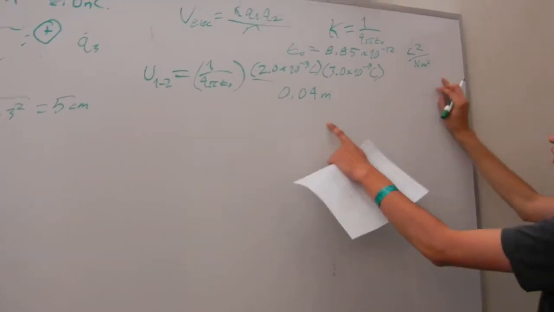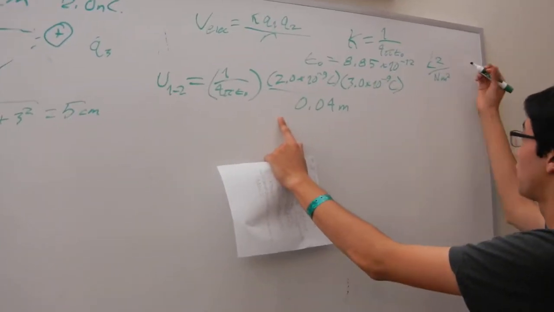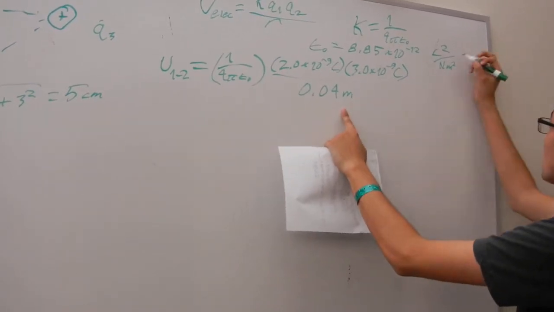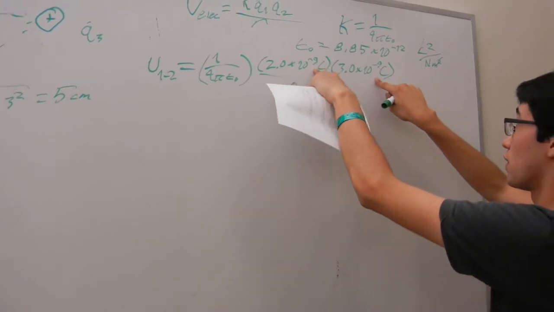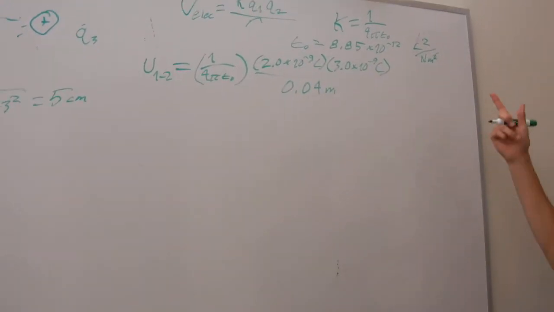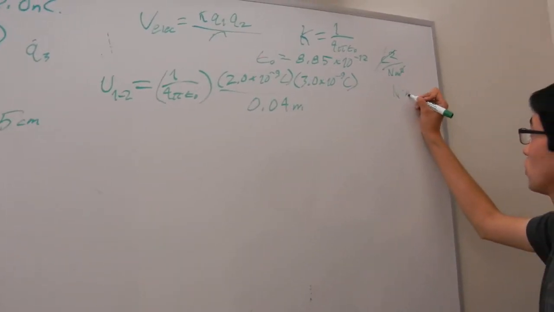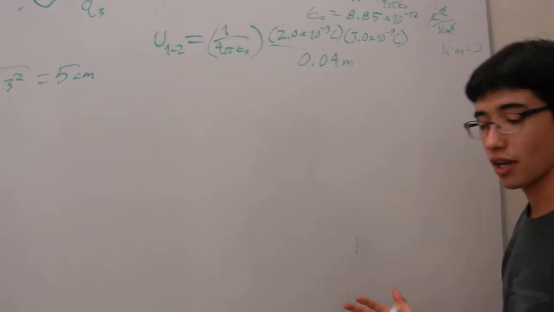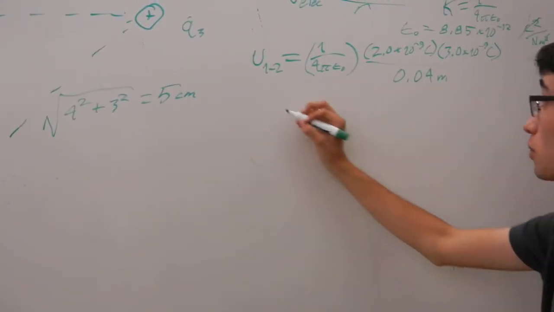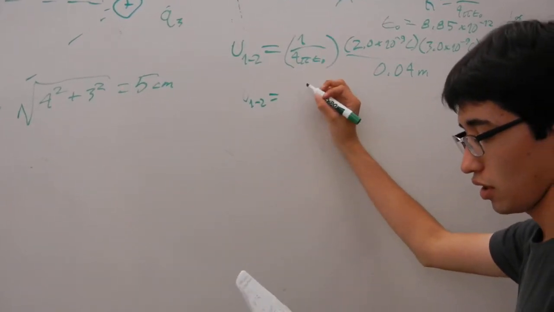When you look at these units, since this is on the bottom, that meters cancels out with the square there, and then this comes up to be a coulomb squared, which cancels with that, which leaves you with Newton meters, which is equal to joules, which is cool because that's what we want. When we crunch out this math, we get U1,2 equaling,